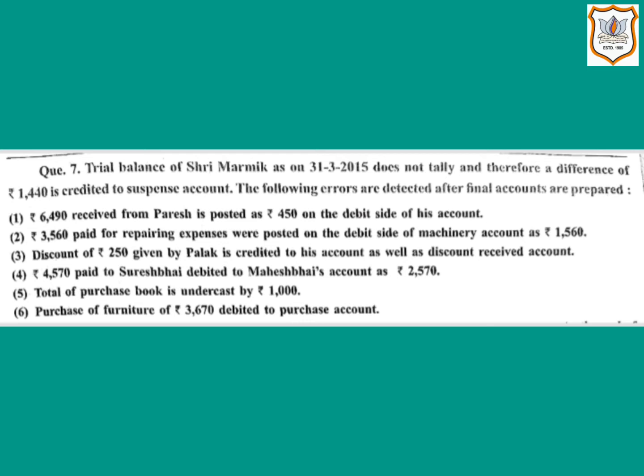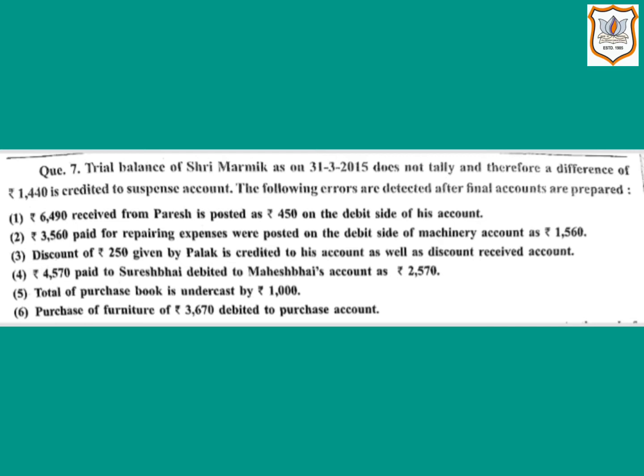the difference in the trial balance is placed under the head suspense account. Thereafter, the one-sided error will be rectified by passing a journal entry either debiting or crediting the suspense account. Let us be more clear about the meaning of suspense account. Suspense account is the account to which the amount being the difference in trial balance is placed. If the total of debit side is short, suspense account will show debit balance. And if the total of credit side is short, suspense account will show credit balance.